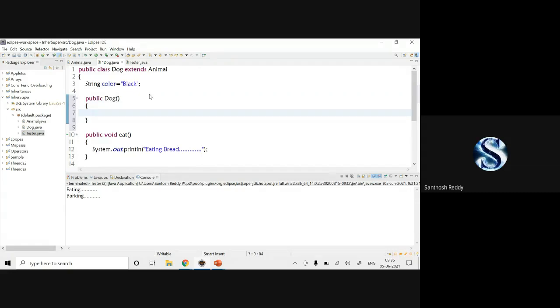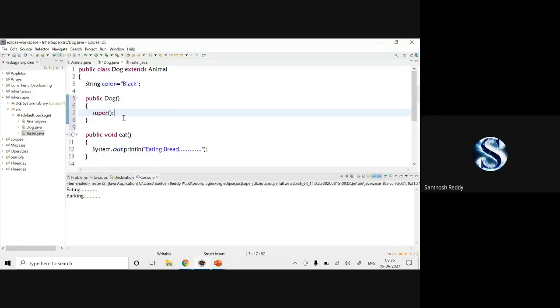Now, make sure that whenever you're working with the super keyword in constructors, the first statement in the constructor should be the super call. Whenever you use the super keyword in constructors or methods, it must be used in the first line of that particular method.